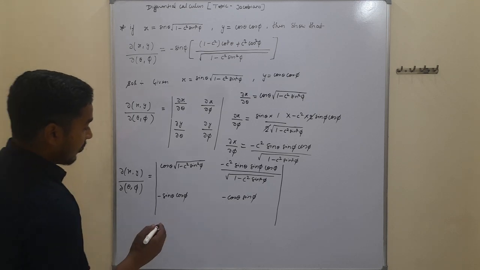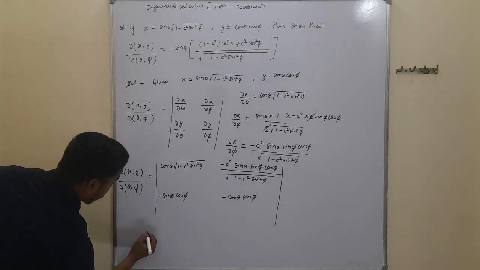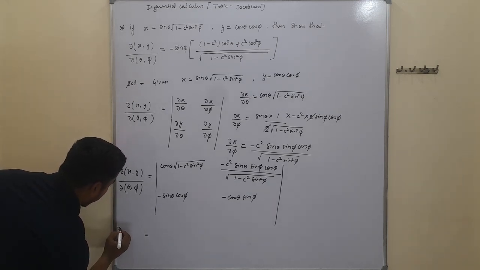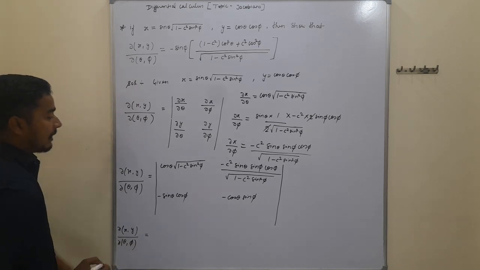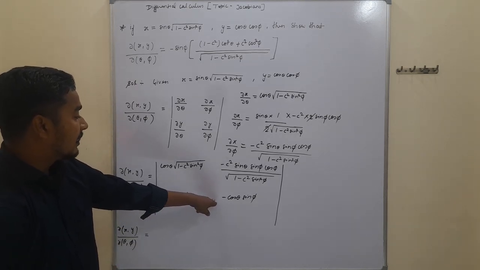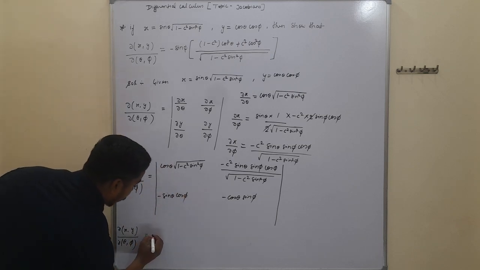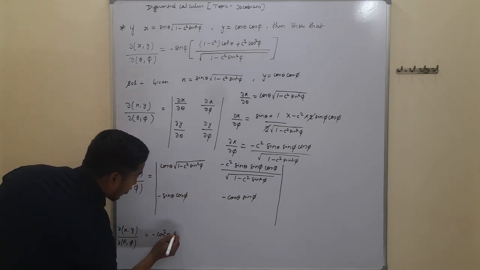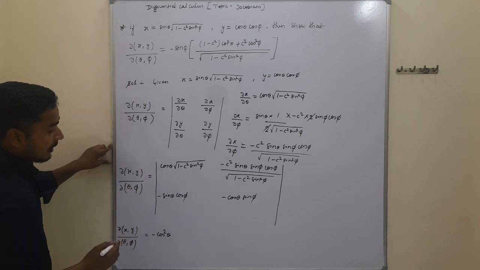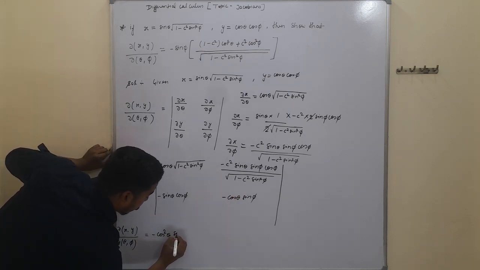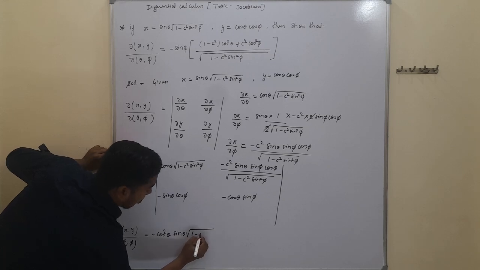Expanding the determinant by cross multiplication gives minus cos theta into cos theta, and sin phi is also present, into under root of 1 minus c square sin square phi,